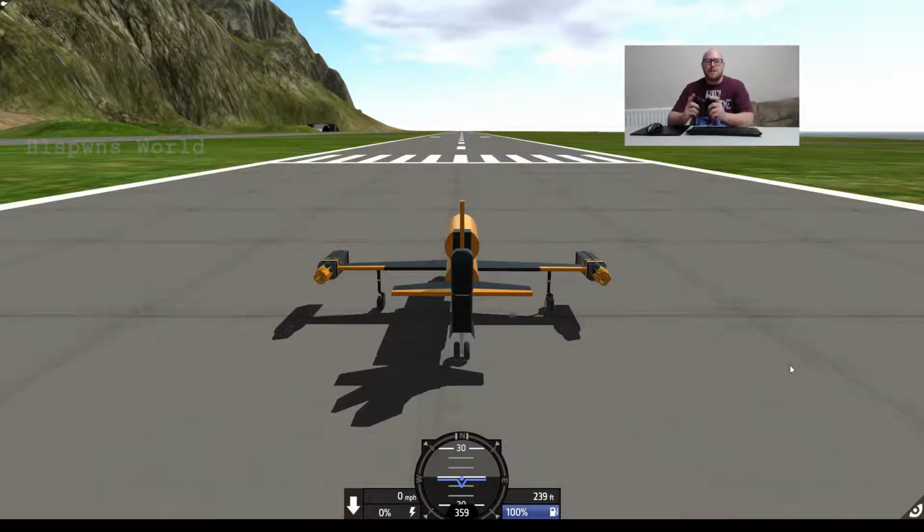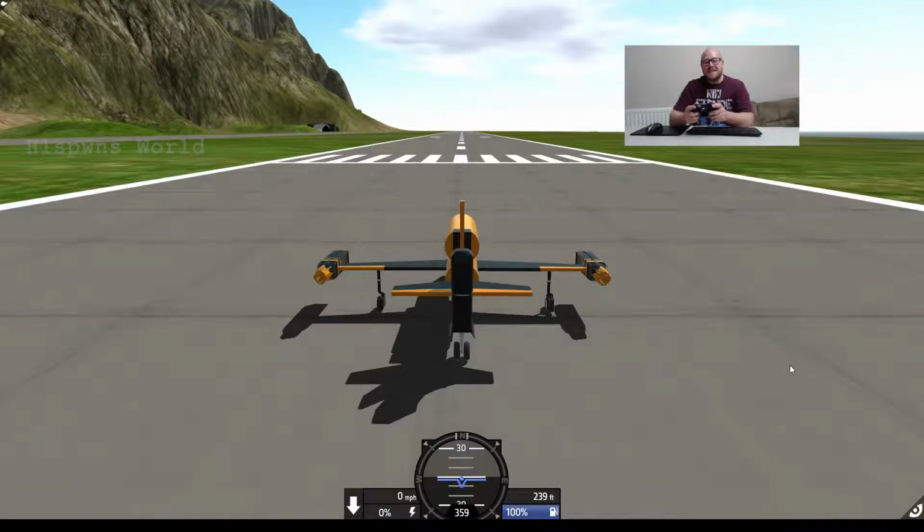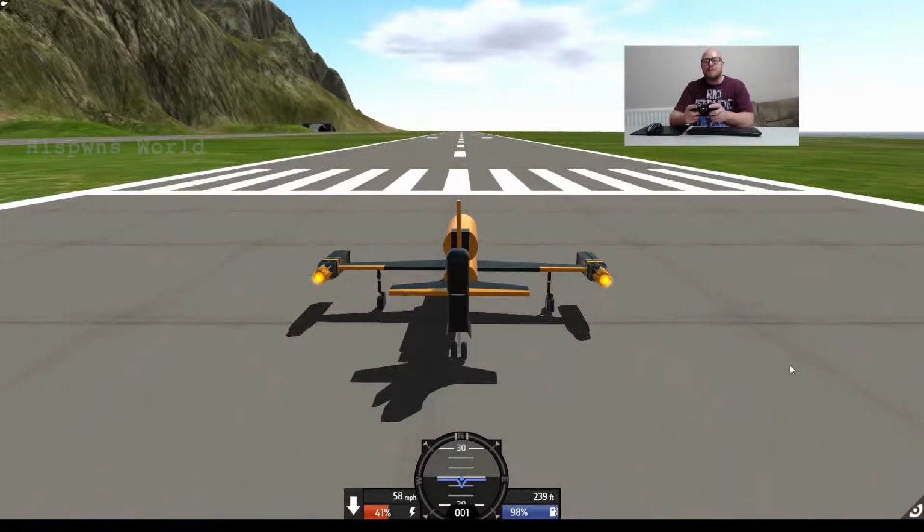If you imagine you were in a boat and you turn the rudder to the left, the boat would turn to the left. Same thing in a plane, but it doesn't actually turn it, it puts a yaw axis on. This was my abomination, and if I can get it to take off, I will. On the left stick, you've got the rudder, and you've also got the power controls. So I'm firing the jet engines up, I'm going to full